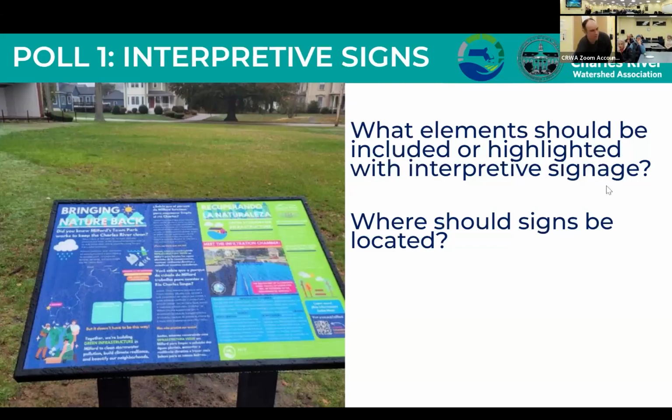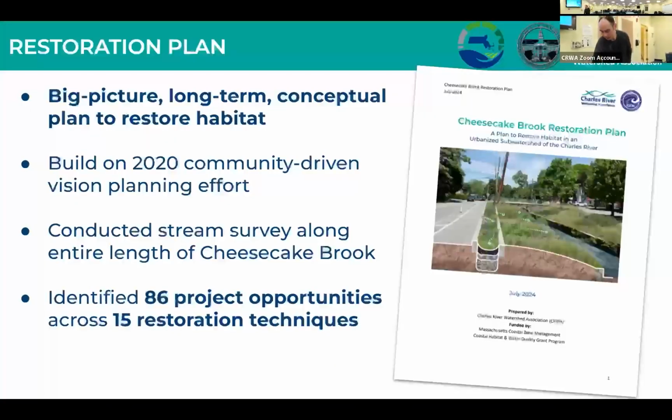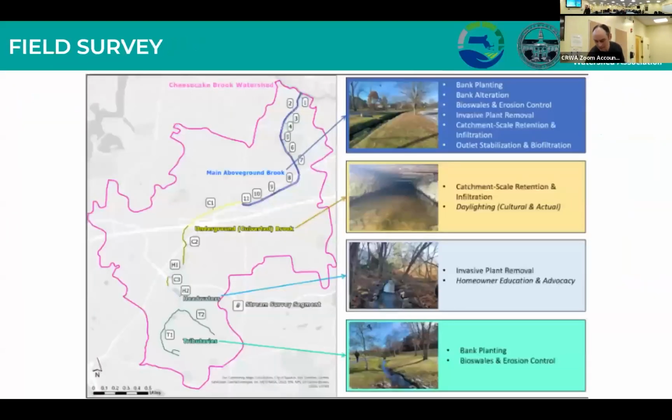So what we're gonna talk about next is the restoration plan, which is everything that's not getting implemented right now. Last year we spent a lot of time putting together this big picture, long-term conceptual plan, everything kitchen sink that we can do to take care of Cheesecake Brook. Ultimately, this plan identified 86 different unique project opportunities and about 15 different techniques